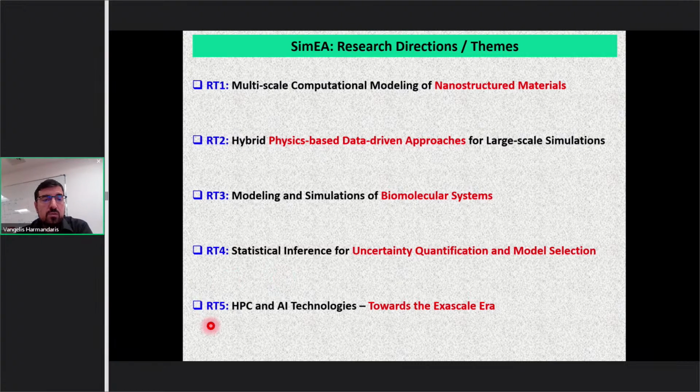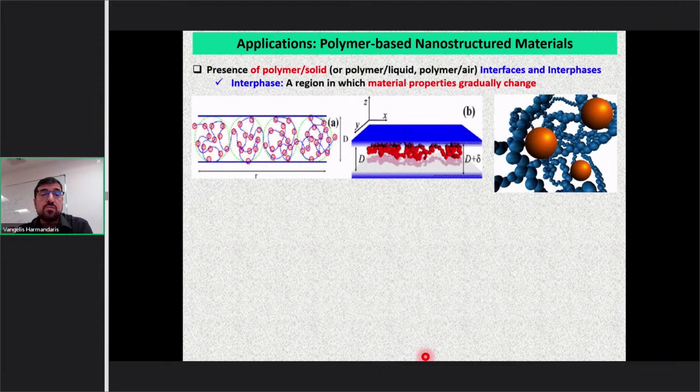And the last part, I would say, which is related directly with all the previous, is the application of these codes on high-performance computing as we go towards the exascale era. So this was a relatively long introduction about the topic, the field, and the team. In the next few slides, I will give you a few examples of the research that we have done in the last few years in this field, and these will be the projects that we would like to pursue